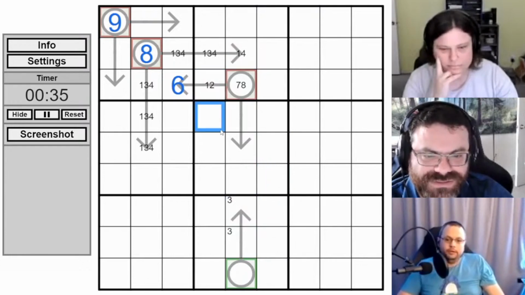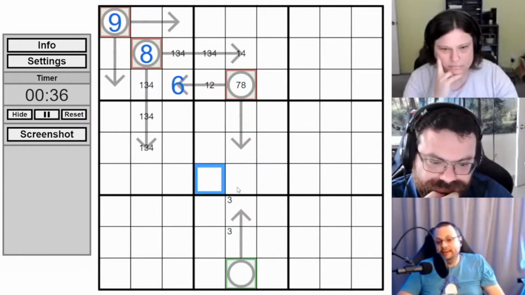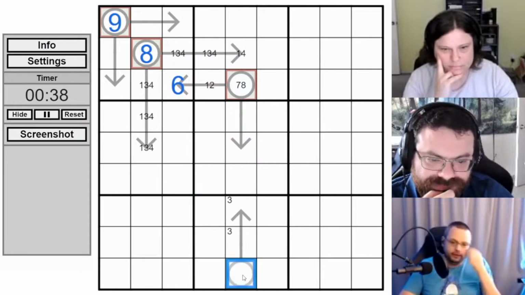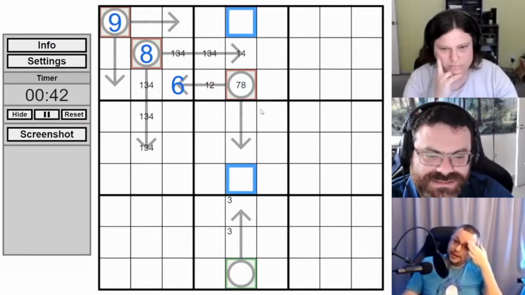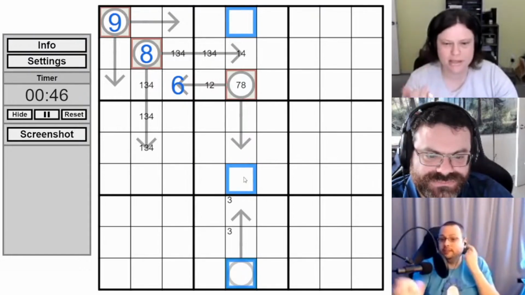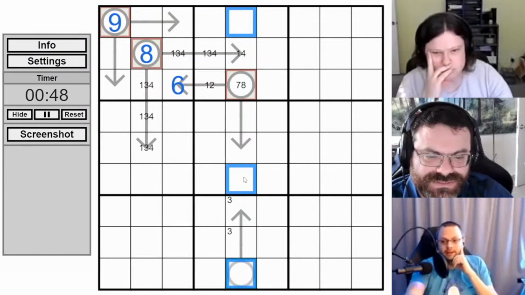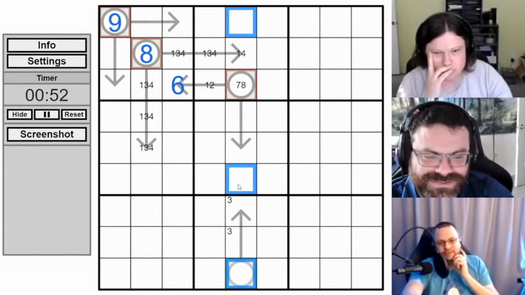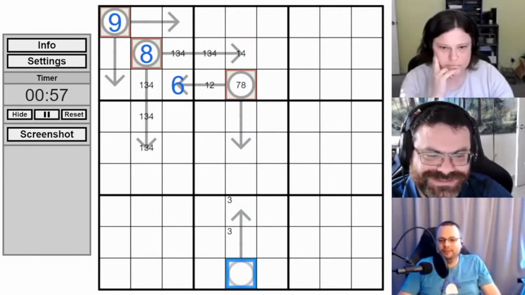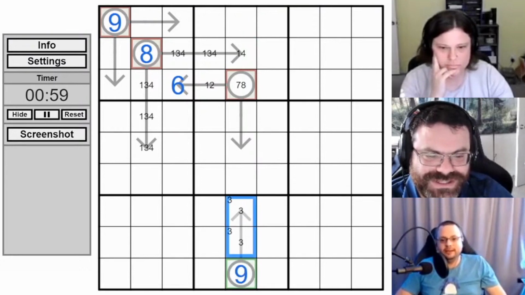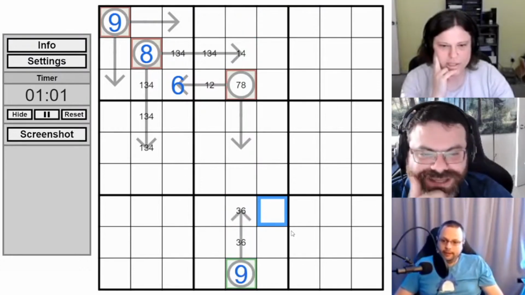So now this can't be a 3. Now the green cell is indexing the 9 in the column, and so the 9 in the column can't go on the arrow. So that cell can't be in the 6 because of the 3. Which I love. That is my favorite deduction, that the circle can't be a 6 because it would require 2 3s. So that gets knocked off. And it can't be a 1 either. So that just becomes a 3, 6. Yeah, that's cool. Beautiful. I like that.